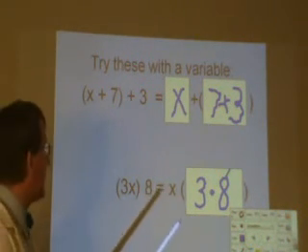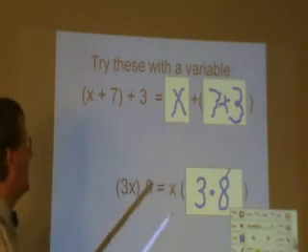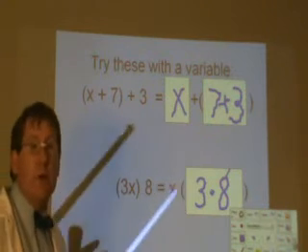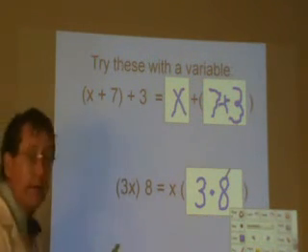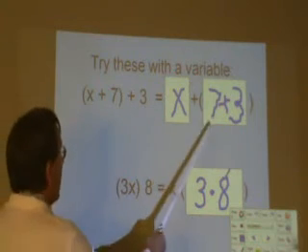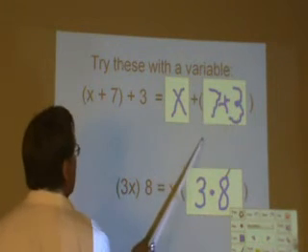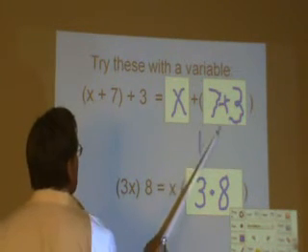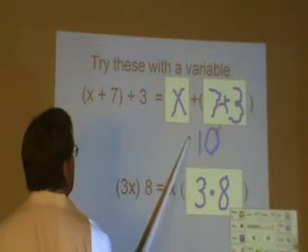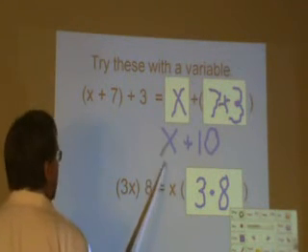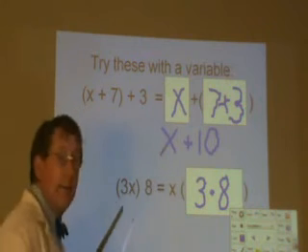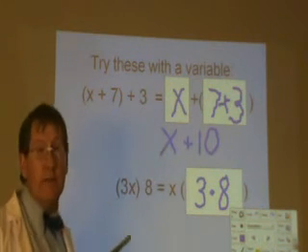We can carry this out a little further. We can carry this out further too, which is why we do the regrouping in the first place. We want to make progress and make this look simpler is the ultimate goal. So if I add 7 plus 3, which I can now do, I get 10. And if I get to 10 plus x, that's a lot more progress on the way to solving what x